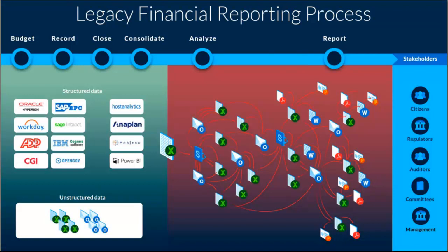The data that's needed to produce any end report, whether that's the CBJ, any budget execution reports, AFR, whatever it may be. We see that data is typically coming from both systems such as Oracle or SAP, and even various templates or files that may be native to someone's local drive. And what happens is that those data sources are being aggregated or combined into some sort of master working file that's then split up and distributed to all the stakeholder teams